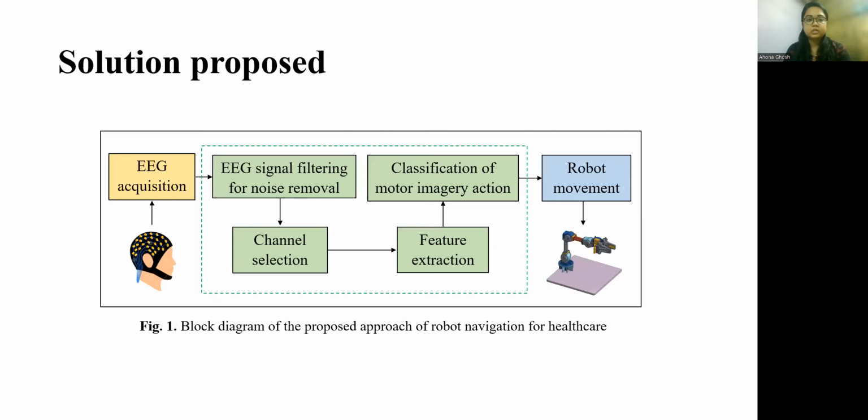So here is the block diagram where after the data acquisition, the signal filtering for noise removal, then channel selection, then feature extraction, then a machine learning classifier is applied to classify the motor imagery action, and robot movement is done